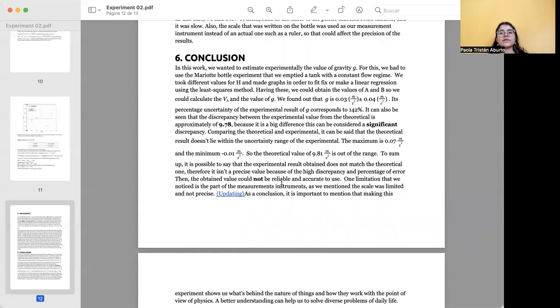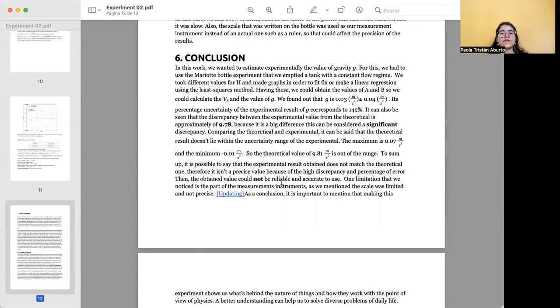And we can obtain the values of A and B, so we calculate the VH and the value of G. We find out that in this case, the value of G is 0.03 meters per squared seconds, plus minus 0.04 meters per squared seconds. And the percentage uncertainty of this corresponds to